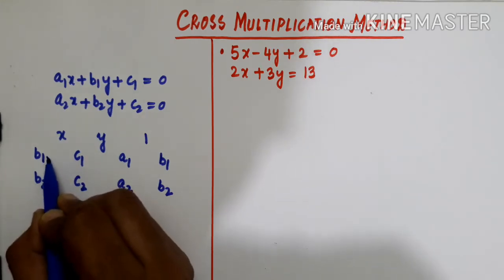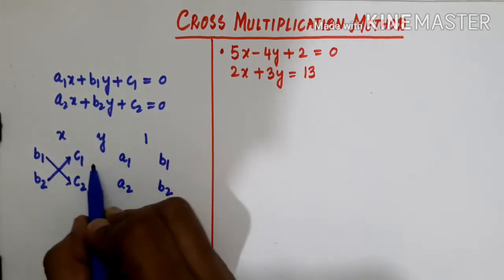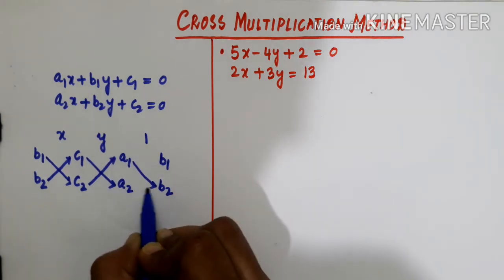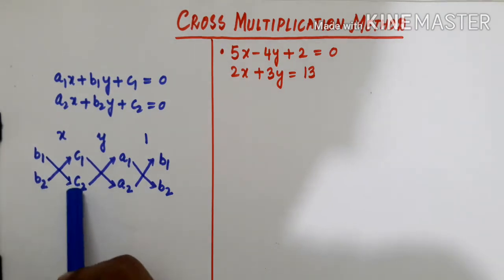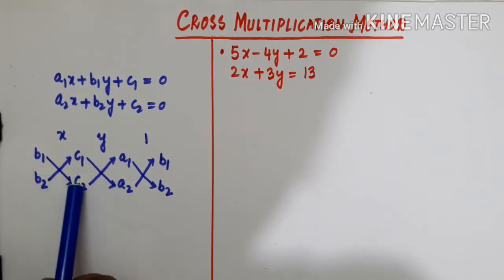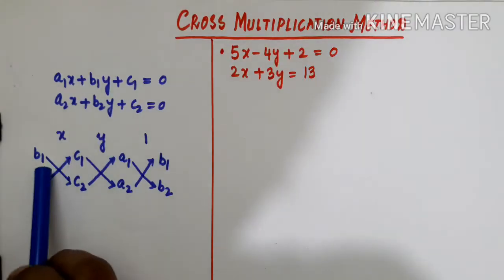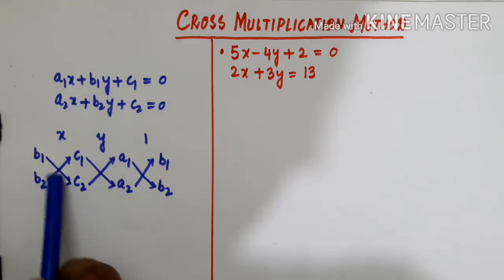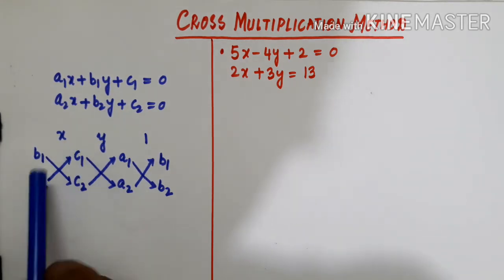Now after this you need to do the cross multiplication. It will be in this way, like this. You need to remember that the numbers with downward arrows are multiplied first. Cross multiplication doesn't mean that whatever you want to multiply first you can, but here you have to first multiply the numbers which have downward arrows. Then you multiply the other one second, and you subtract both.